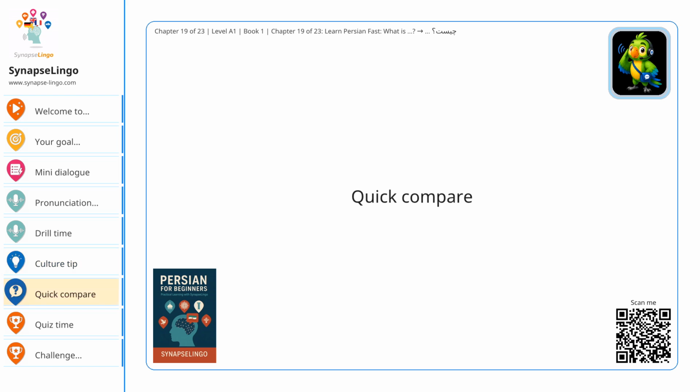Quick compare. Avoid common mix-ups with similar question words. Who is? کیست؟ Who, not what. Where is? کجاست؟ What. Single word. چه؟ Definition vibe. English, what is, equals Persian چیست؟